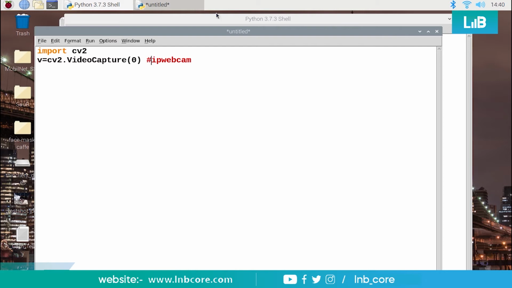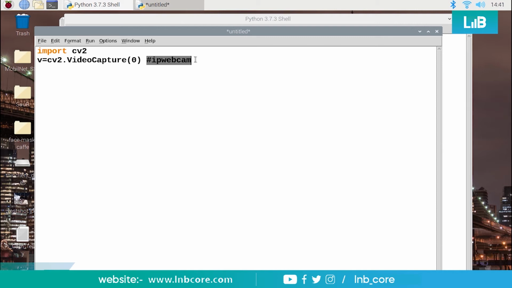We have connected this Raspberry Pi also to the same router, so we can get live streaming from our mobile phone. So no physical connection from the mobile phone is required to get computer vision from the mobile phone camera, right?